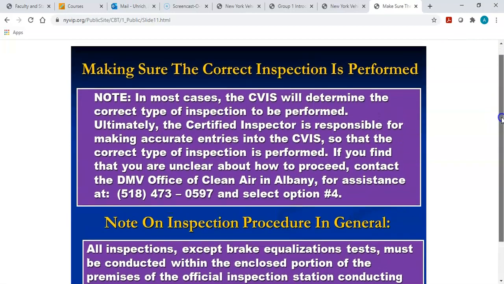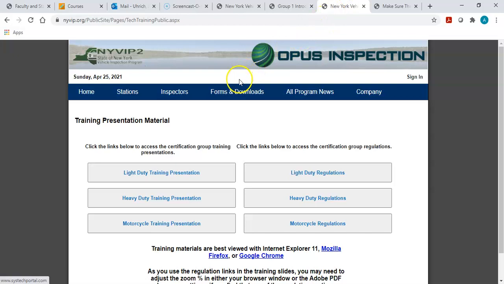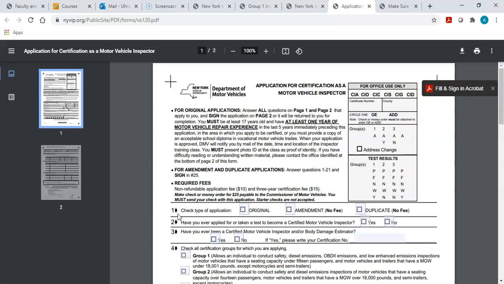And for those of you that have not applied for your New York State Inspector's license yet, I'll show you again where that's done. You can go under Forms and Downloads, and then right here, your application for certification as a motor vehicle inspector. It's imperative that if you're going into our industry that you have your New York State Inspector's license. And those of you that may already be working in the field, if you don't have your inspector's license,